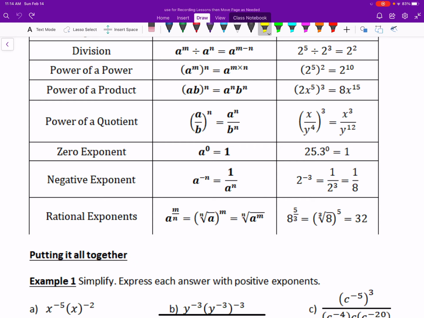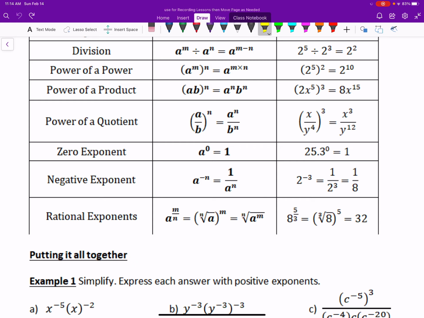The product of a power, that's where we basically use a distributive law. If we've got a multiplication inside brackets, and quotient of a power, same idea, we're distributing that exponent across each part. The zero exponent, all you need to know is that anything to the exponent 0 equals 1, but remember that the exponent only affects what it's immediately beside. So if there's a minus sign in front of something, it's not going to become a positive unless that minus sign's inside brackets. Negative exponents we saw mean 1 over the same power with a positive exponent, and rational exponents